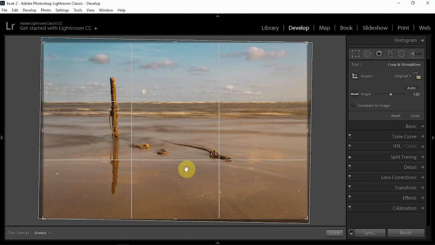So what you need to do is find your subject, what you want to show to the audience, and keep that subject in that intersection point. I'll be giving you some examples so that you can understand that better. So for an example of the rule of thirds, I have chosen this picture. Now I am in Adobe Lightroom, and if I turn on the crop, then this grid, what you can see here, is called the rule of thirds.